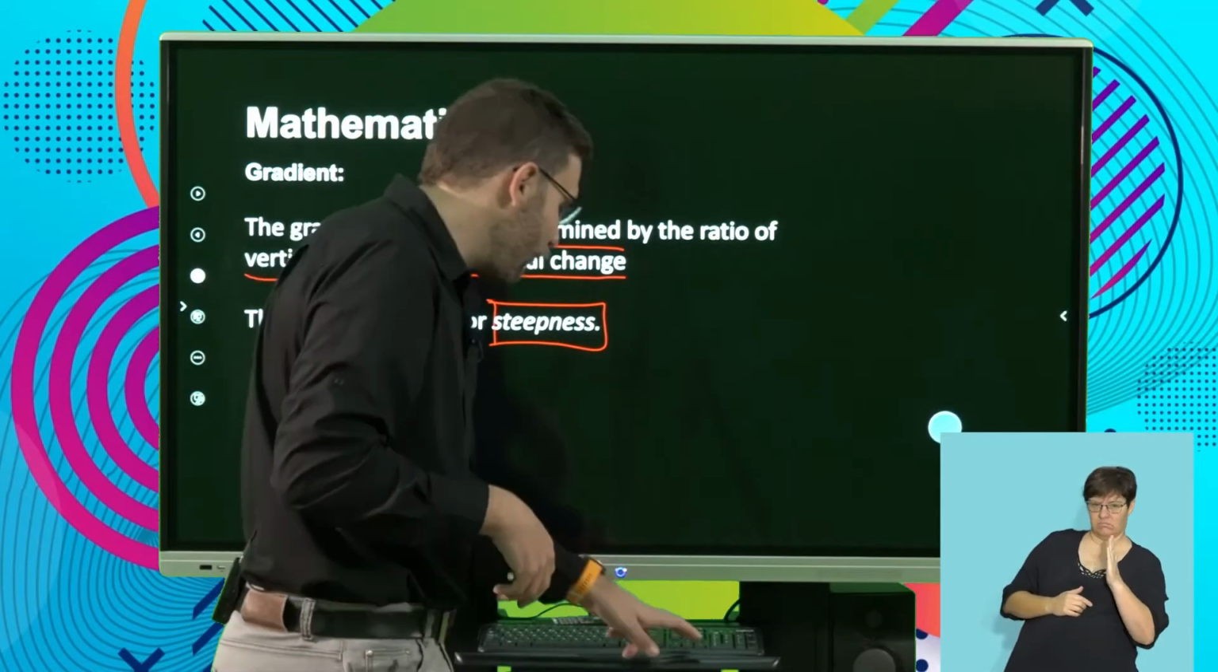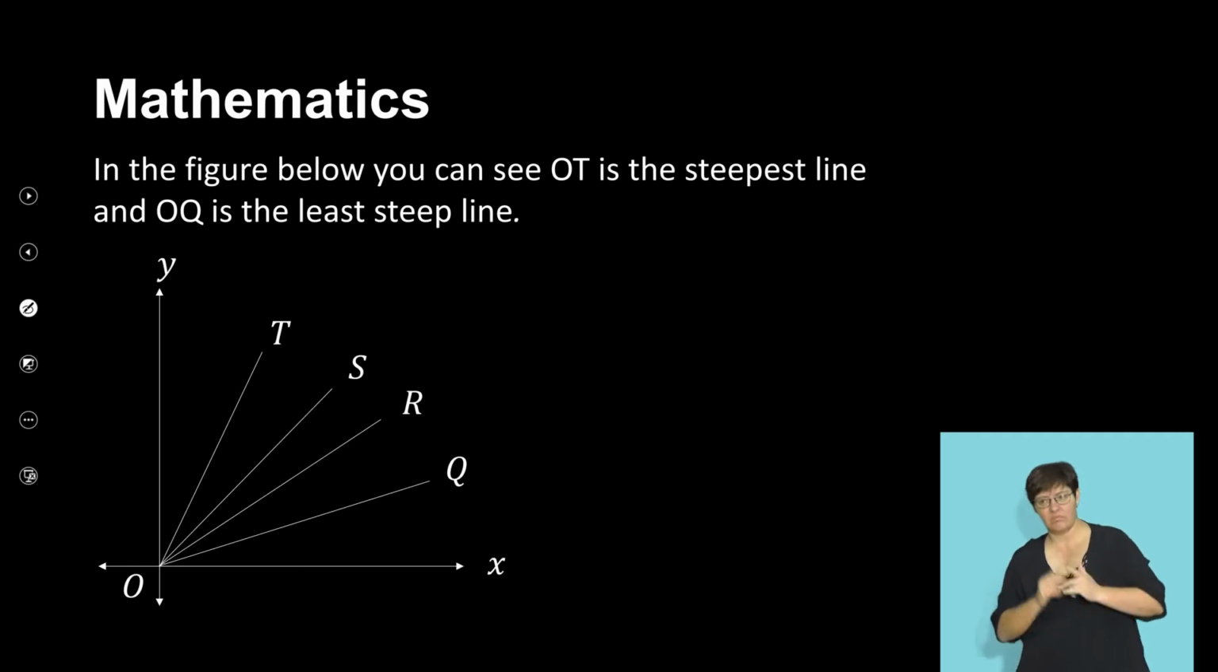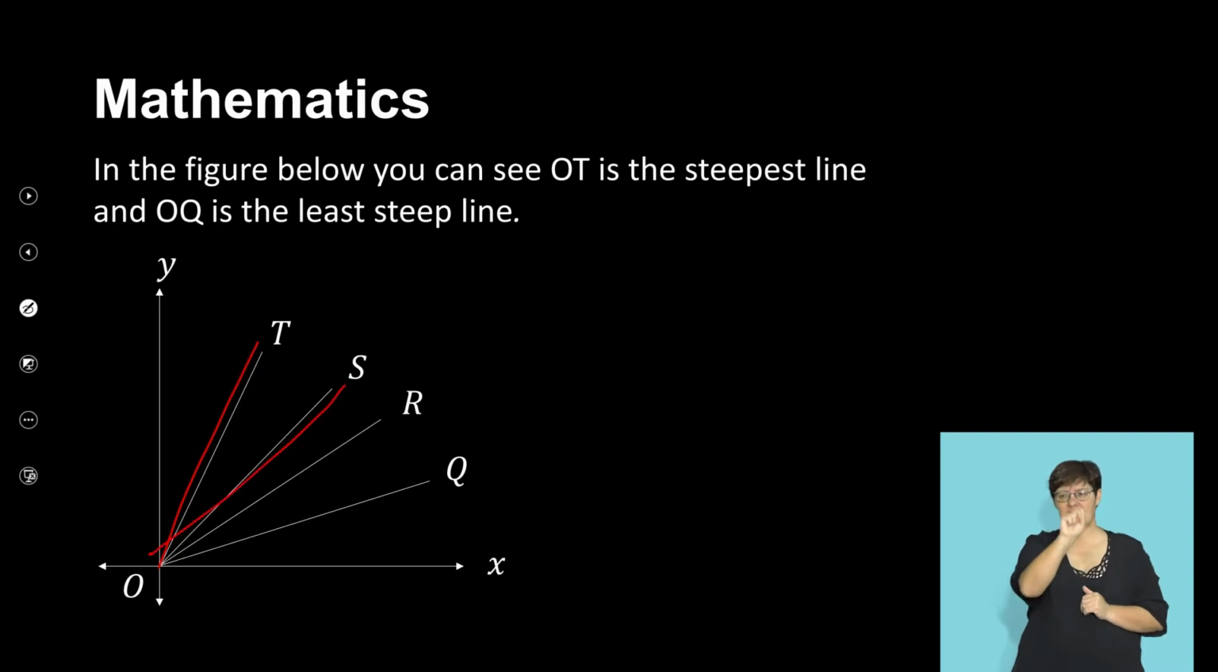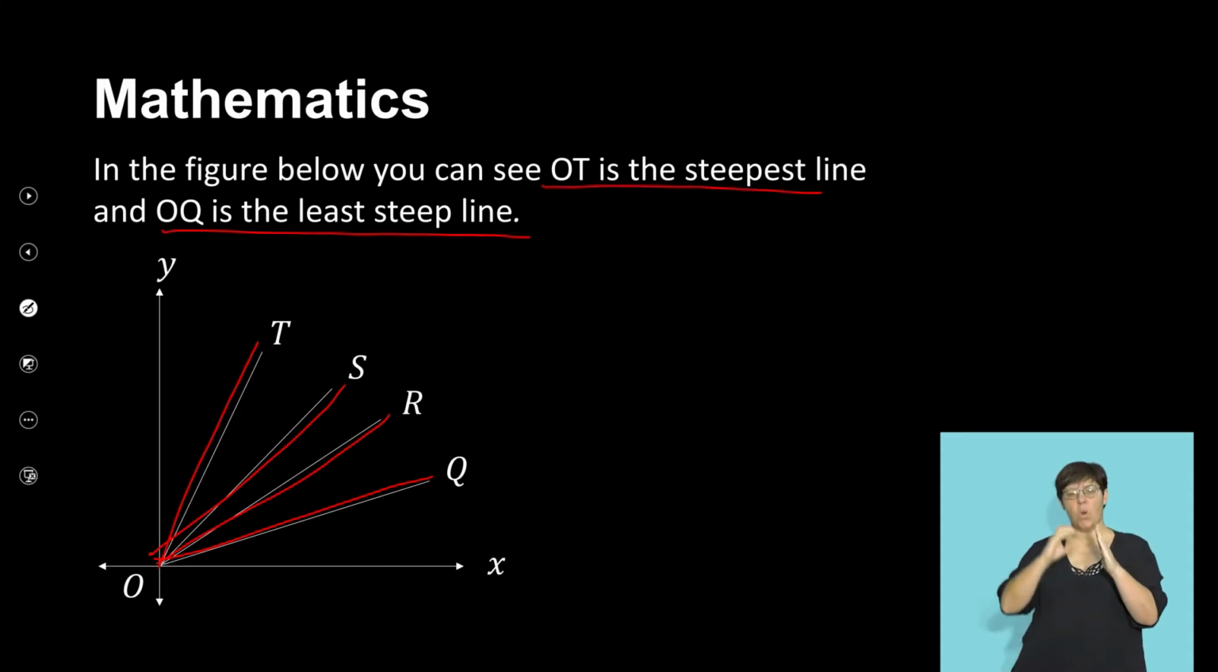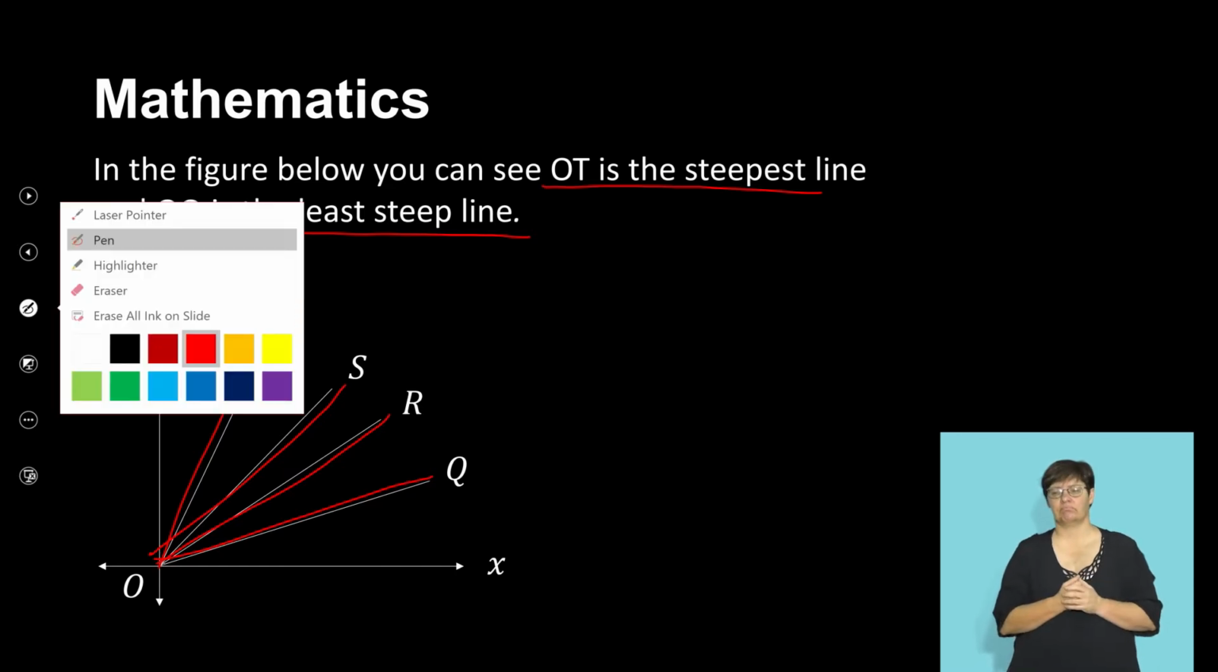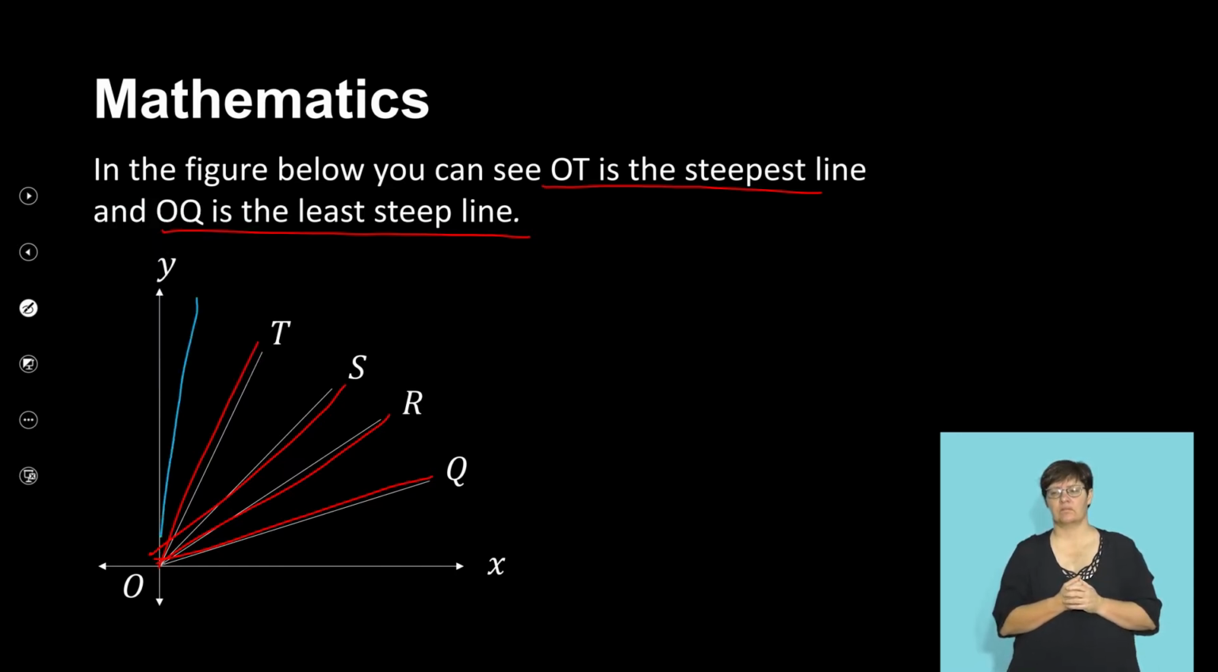If we look at this next slide and the image on it, we can see I've got 4 lines: OT, OS, OR, and OQ. Here we can clearly see that OT is the steepest line and OQ is the least steep line. But when we're talking about gradient, if I were to draw in, let me do this in blue,